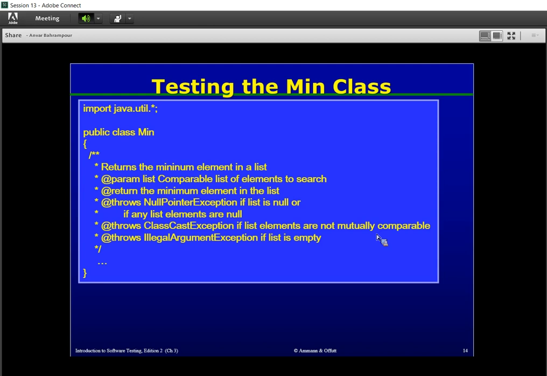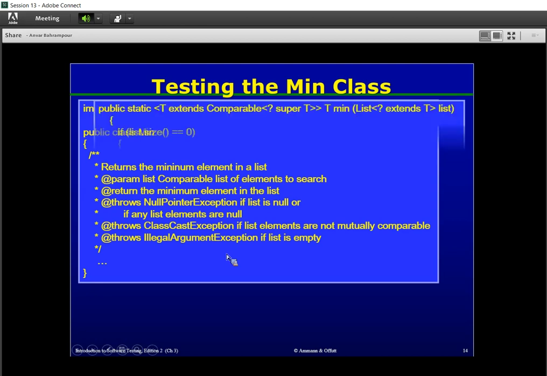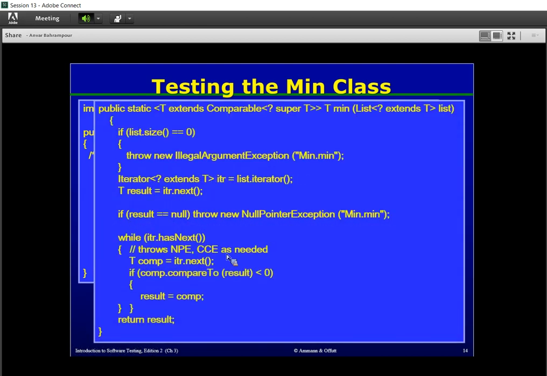And we explained the specification of the min class, and we talked about how to implement the min method of our min class, and in this method we talked about what considerations are necessary in implementation, such as checking the null lists,